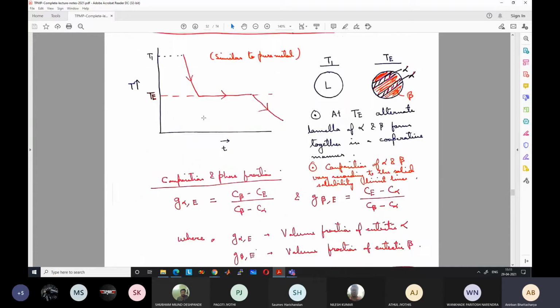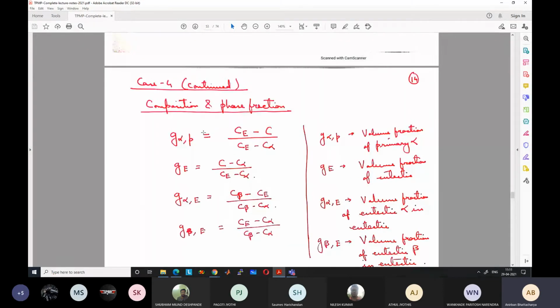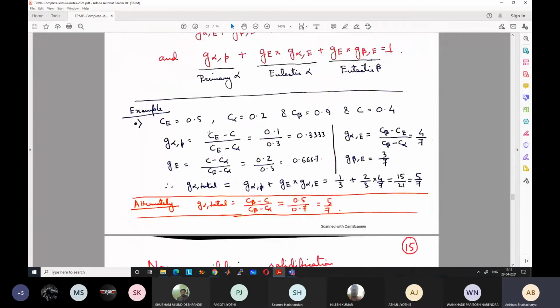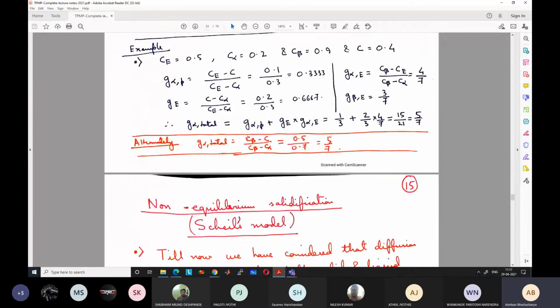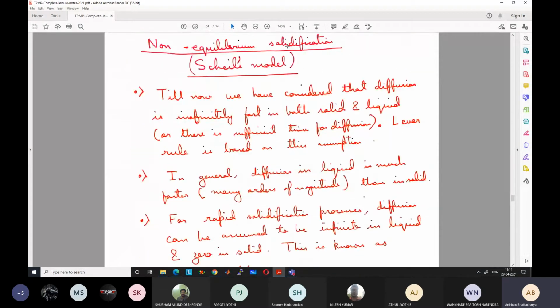Okay. So what we are going to study today is if the solidification is non-equilibrium, which is more realistic in real life. If there is not sufficient time for the full diffusion to occur, particularly in the solid phase, then what happens, and how the solidification progresses, and what is the evolution of concentration. Okay. So we will take some assumptions for this. I have outlined them here. I will also read them now.